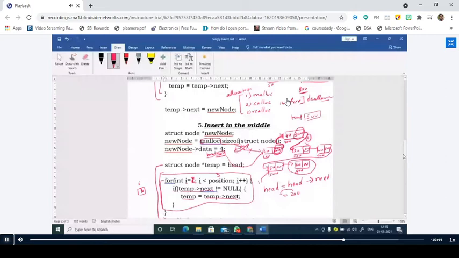Instead of deleting, what I will do is make the temporary node which is pointing to 500 the last node. What is the trick to make it the last node? You have to change the next part address to null. So I will come out of the loop and just make temp next equal to null. Simple.